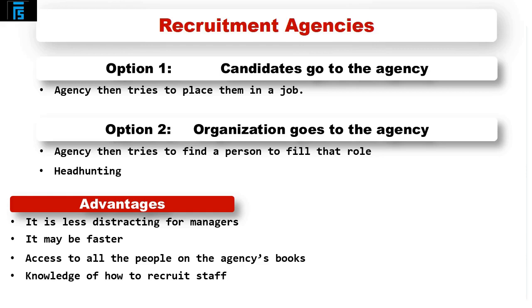Now, I'm an accountant. That's what my skill is in. That's what my experience is in. That is what my knowledge is in. Recruiting people, I may not have the skills to do it. So simply pay somebody else to do it on your behalf. Get a recruitment agent to do it.